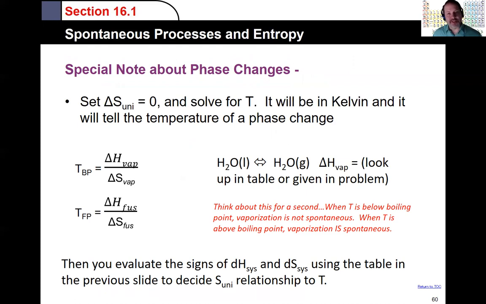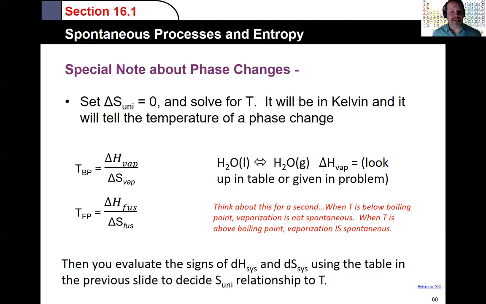So there's a temperature at which phase changes go from being non-spontaneous to spontaneous. And those temperatures are called the boiling point and the freezing point. So if you know the enthalpy of vaporization and the entropy of vaporization, you can actually figure out the boiling point. These are things you can go look up in tables and calculate. And then it gives us an opportunity to think through the sign, because enthalpy and entropy would either both be positive or both be negative numbers here, so that they cancel out and you always get a positive calculation for your temperature.